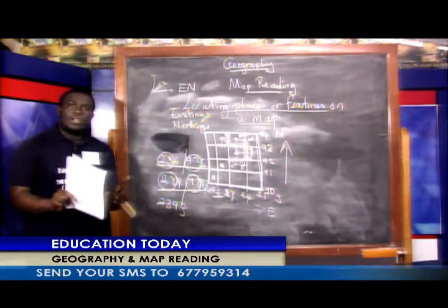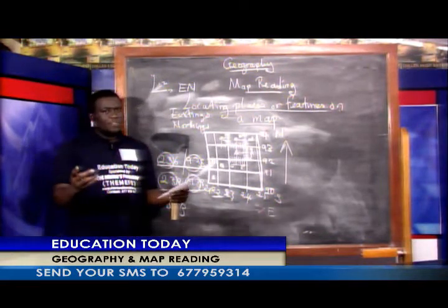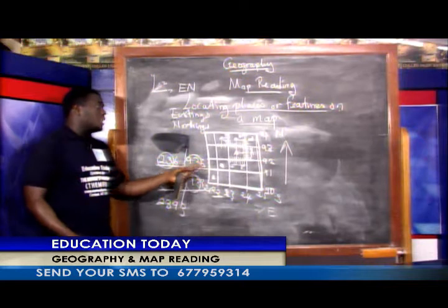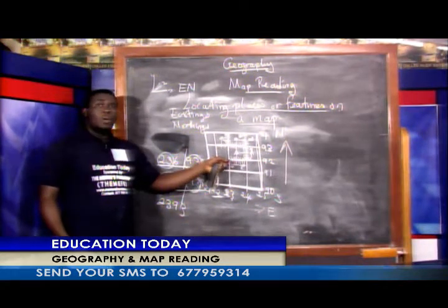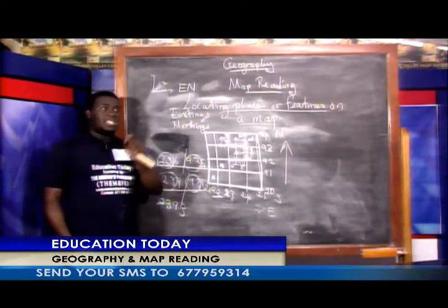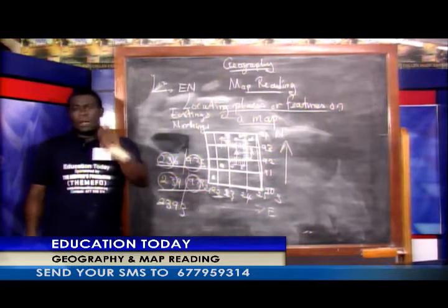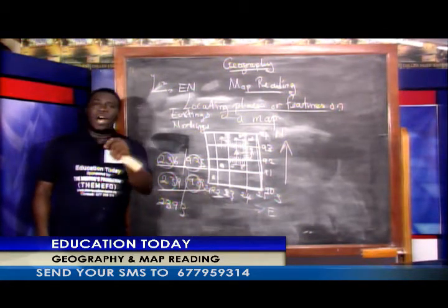same grid square. Then we'll conclude our definition by saying that the 4-figure grid reference shows the grid square where the feature is found, while the 6-figure grid reference shows the exact position where a feature is found within a